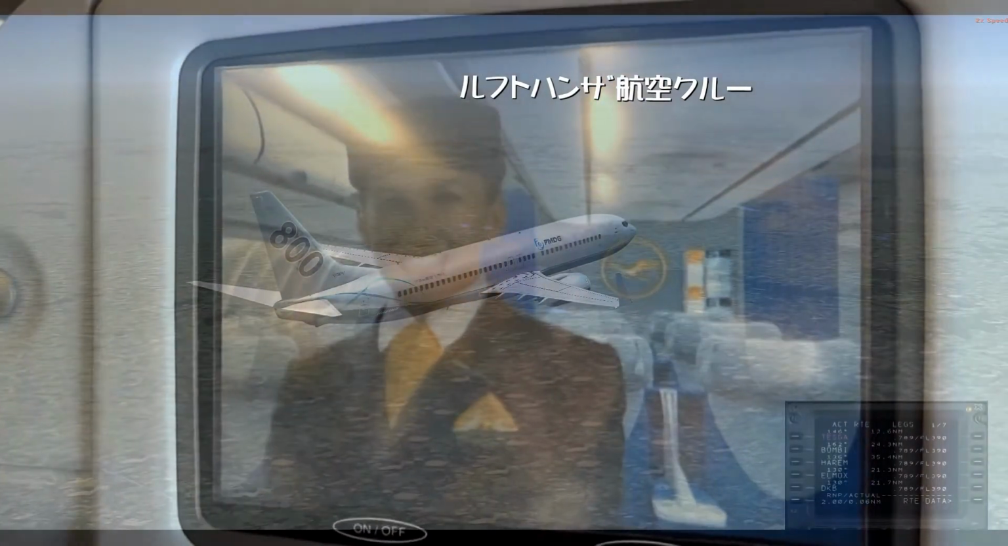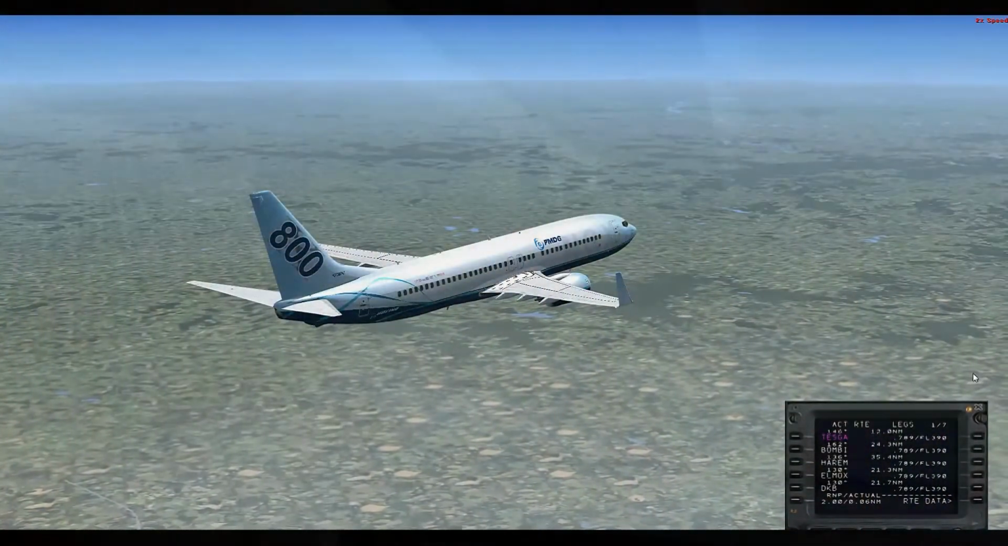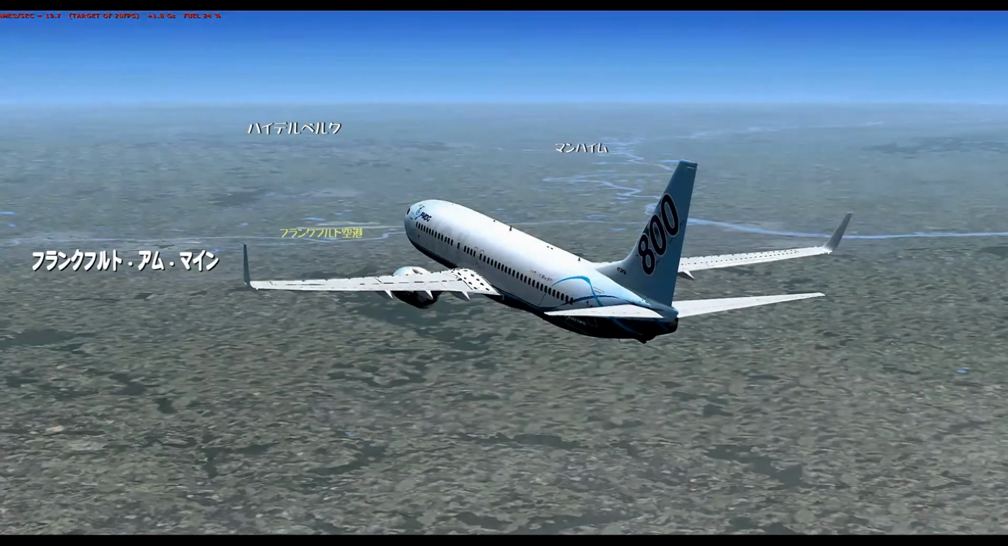Meine Damen und Herren, im Namen Ihrer heutigen Lufthansa-Crew möchten wir Sie bitten, sich mit den